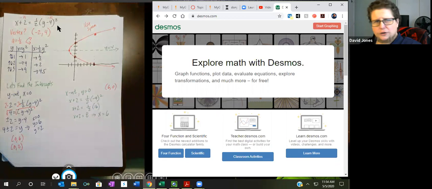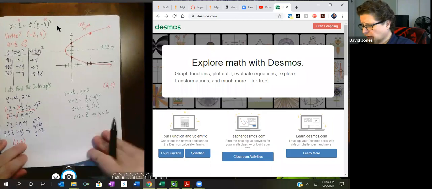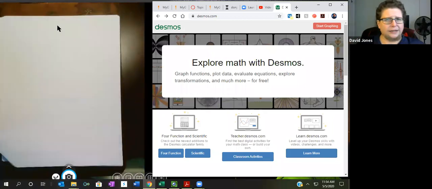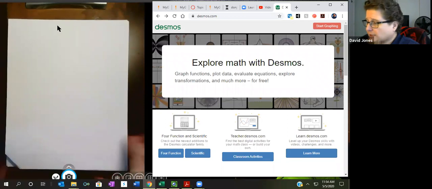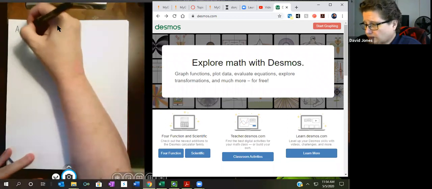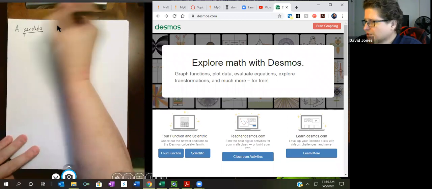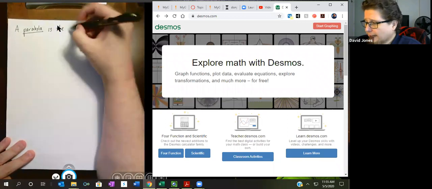So I want to go to something new. This is still parabolas, but we're going to expand on it. What is a parabola really? A parabola, this is the actual definition of a parabola, is the set of points in a plane